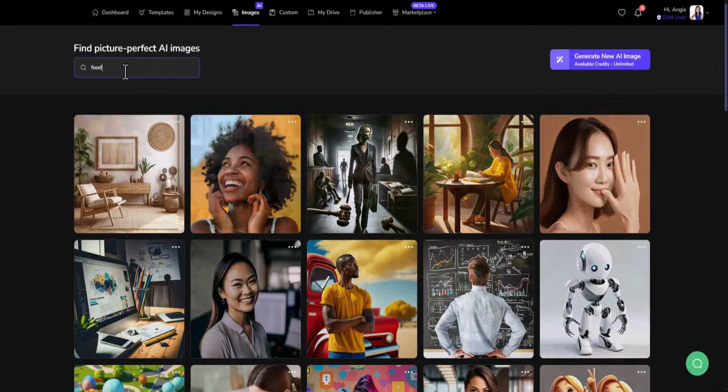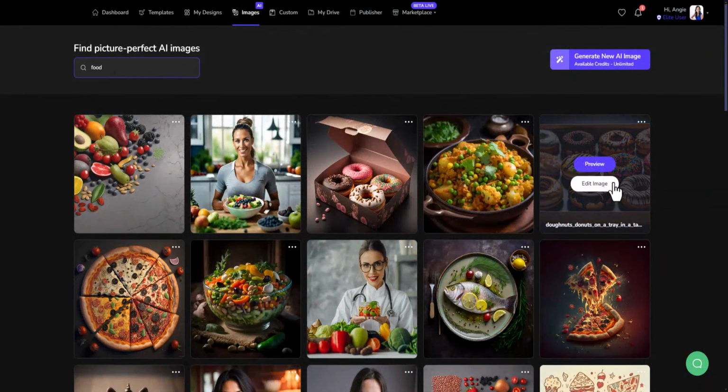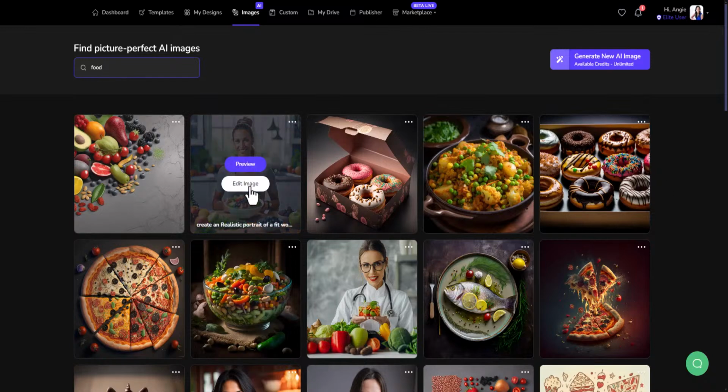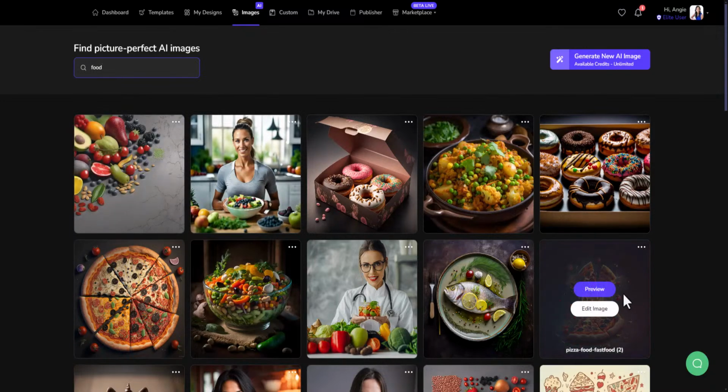Now, I want to come up here and see what the team has put out here. Let's put food. And you'll see for any restaurant, look, that looks divine. If my kids were seeing that, they would be so excited. If you're a nutritionist, that one's a great one. If you're talking about just overall health and veggies, superfoods, that's perfect. Pizza,